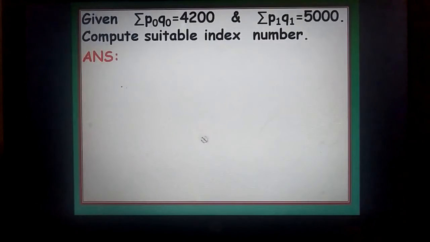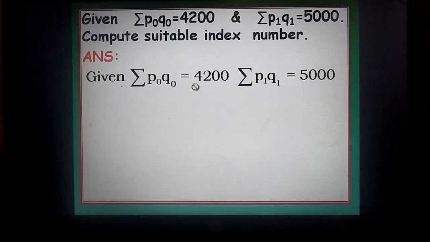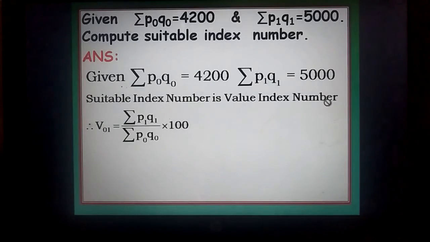Next problem: given sum of P0 Q0 is equal to 4200, sum of P1 Q1 is equal to 5000, compute the suitable index number. This is very much similar to the previous problem. Here also the suitable index number is value index number. So solution: given sum of P0 Q0 is equal to 4200, sum of P1 Q1 is equal to 5000. Suitable index number is value index number. The formula goes like this,